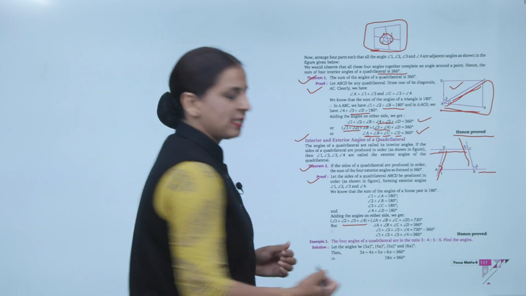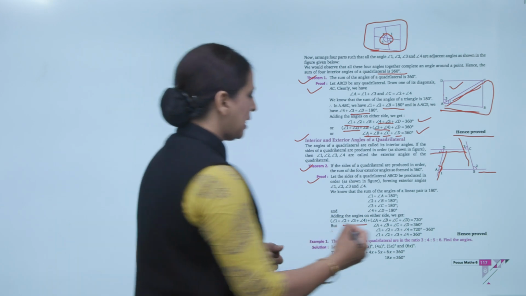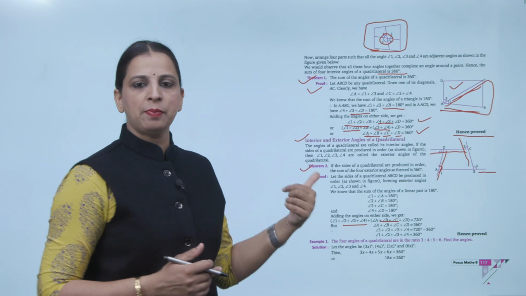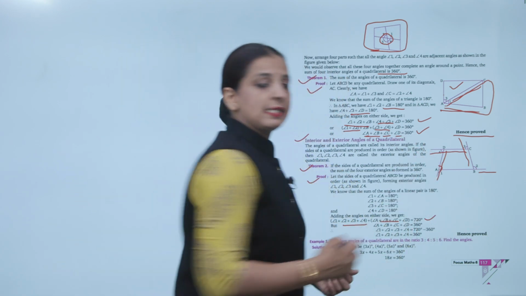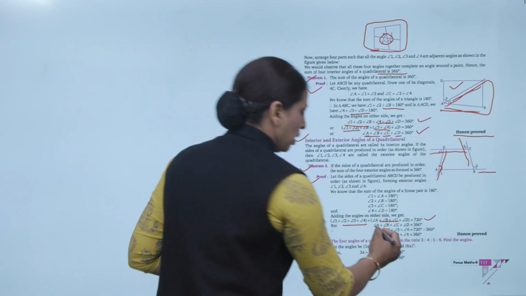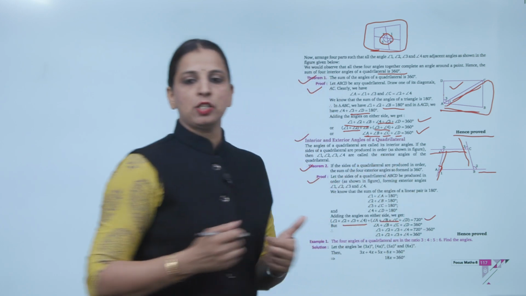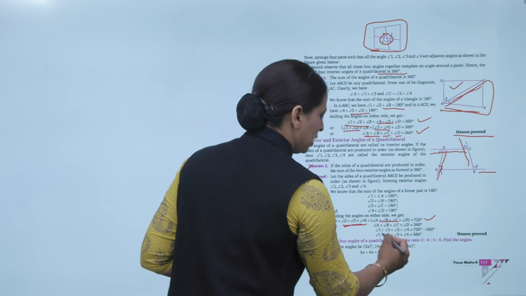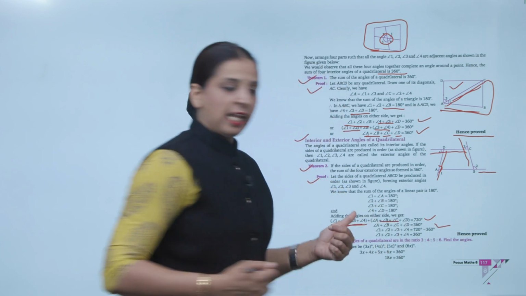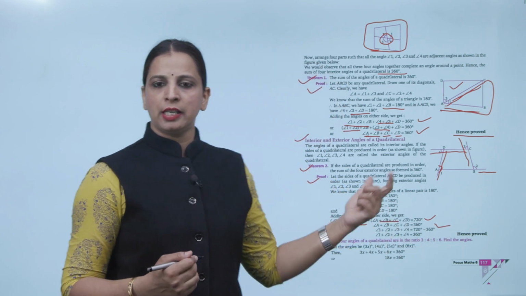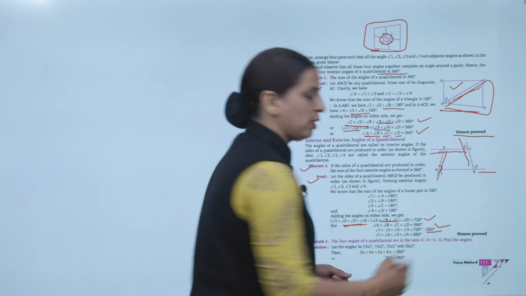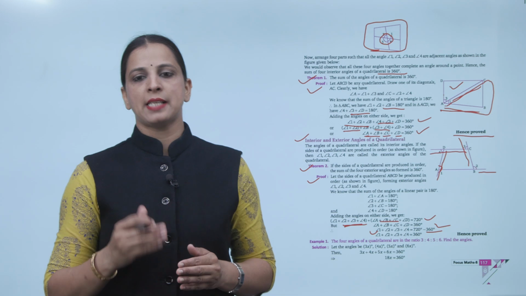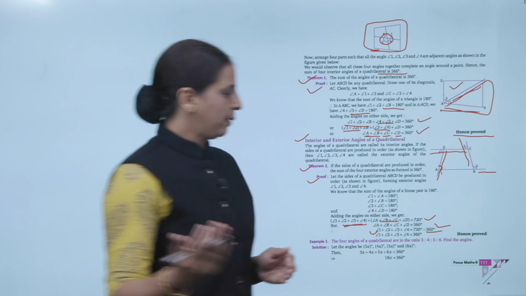Angle 1 plus angle 2 plus angle 3 plus angle 4 plus angle A plus B plus C plus D is equals to 180 plus 180 plus 180 plus 180 is equals to 720 degree. Now, angle A plus B plus C plus D is equals to 360 degree. अभी हमने प्रूफ किया है. So, angle A plus B plus C plus D is 360 degree है. अपोजिट साइड जाके 720 में से माइनस हो गया. So, angle 1 plus angle 2 plus angle 3 plus angle 4 is equals to 360 degree. Hence proved.